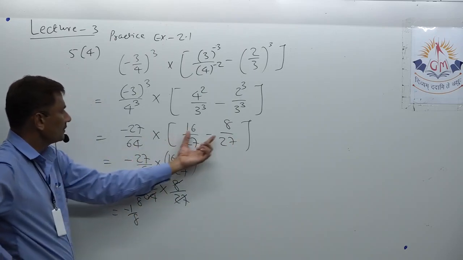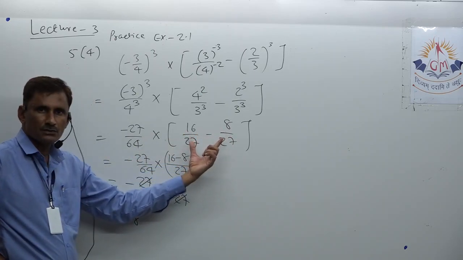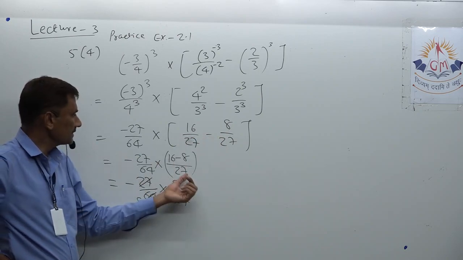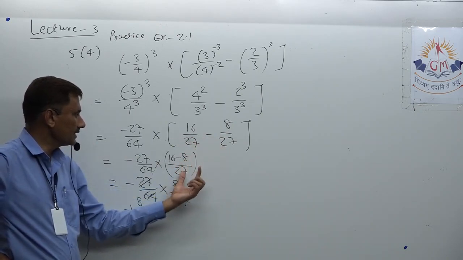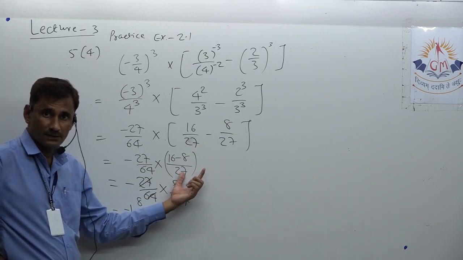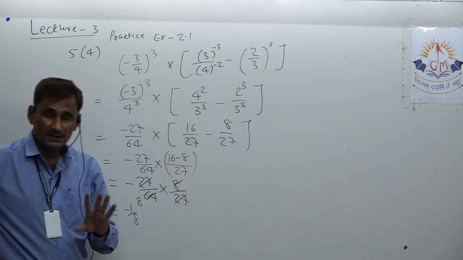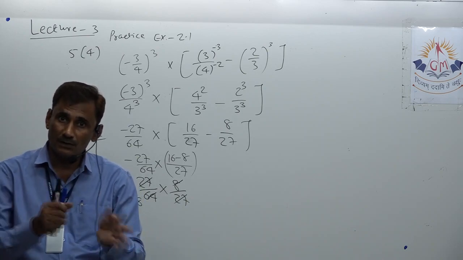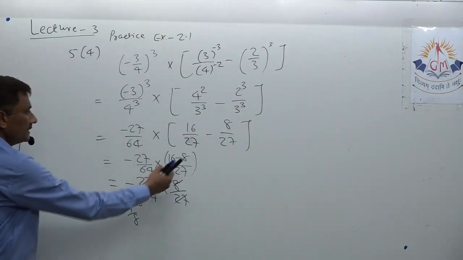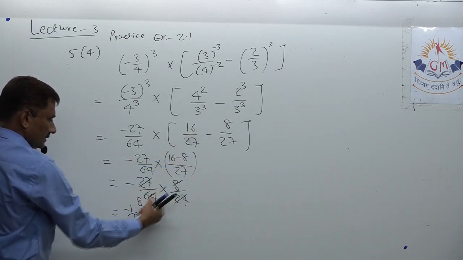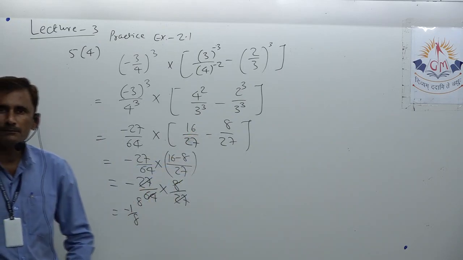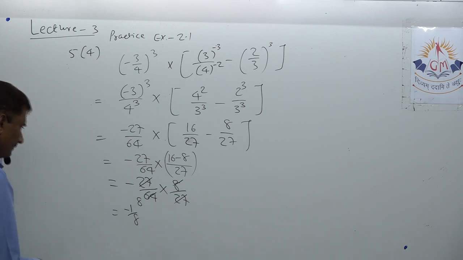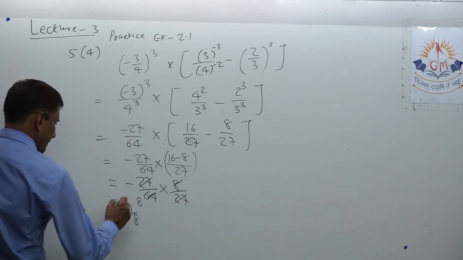Okay, now just addition subtraction of fractions is there. So you just take LCM, but no need to take LCM here because the denominators are already equal. Okay, we mostly take LCM for which purpose? For making denominators equal if they are not. Okay, so directly 8 comes here. After cancellation, left is minus 1 by 8. Okay, so now you can write it down.